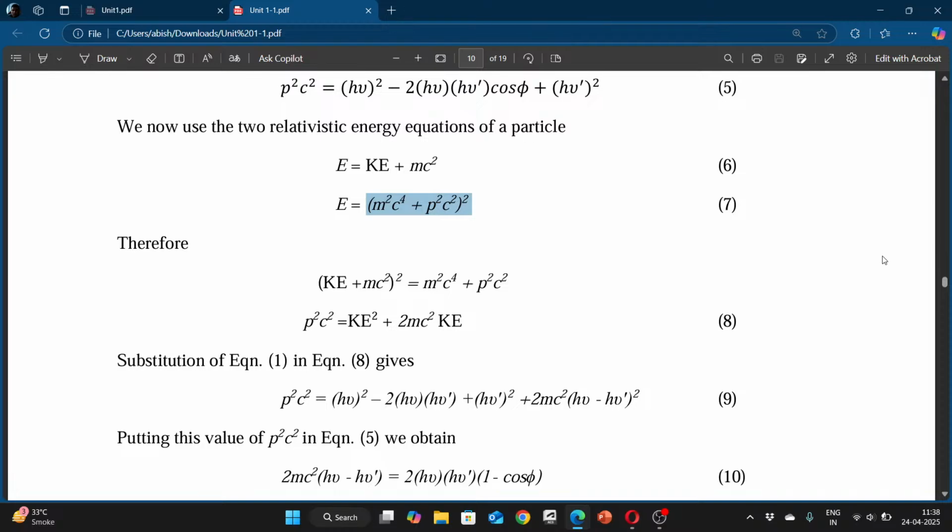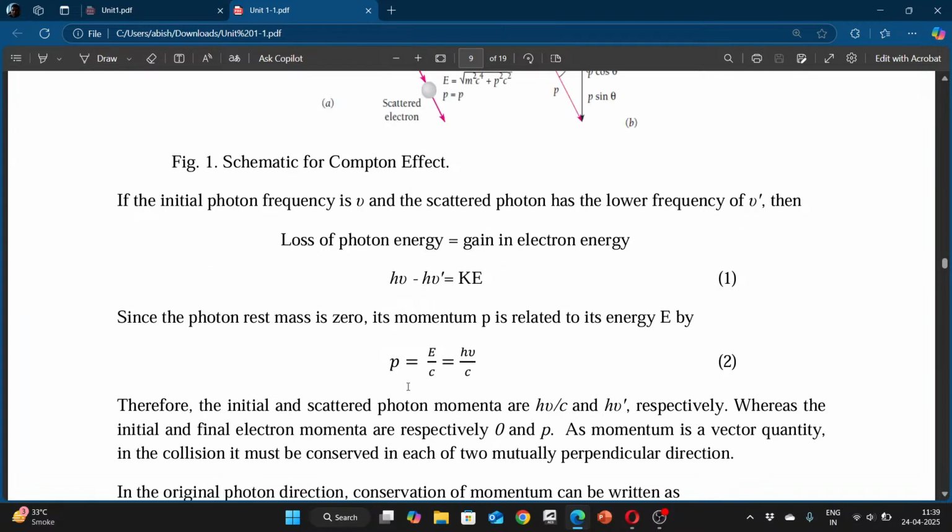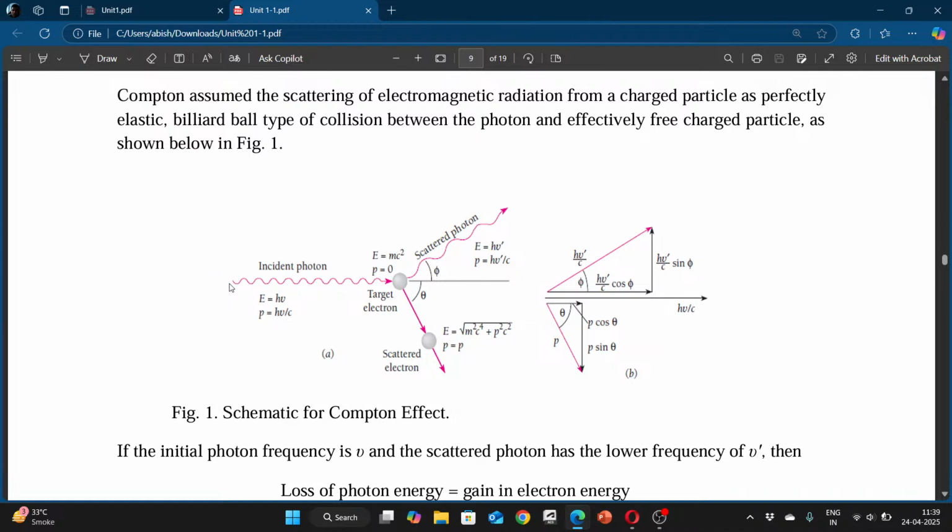ई प्लस एम सी स्क्वायर द होल स्क्वायर इज इक्वल टू एम स्क्वायर सी की पावर 4 प्लस बी स्क्वायर सी स्क्वायर। नाउ दिस, हाँ दिस इज सिंपल इक्वेशन, ये दोनों को इक्वेट किया, ये स्क्वायर रूट है यार, तो ये स्क्वायर रूट किया, तो इसको स्क्वायर किया तो इसीलिए आया। और ये कहाँ से आया, ये इधर से, दिख रहा है? और ये भी कहाँ से आया, ये देखो। ई इक्वल टू एच म्यू इक्वल टू पी इंटू सी है,